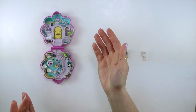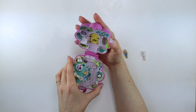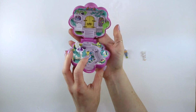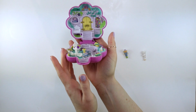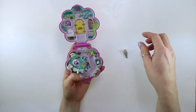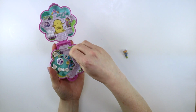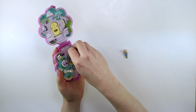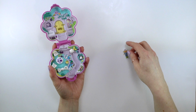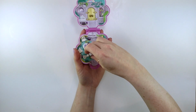It is one of the sets that, like a lot of the classic sets, not all of them, but most of them, are played with at roughly a 90-degree angle. So you have to have the set like this, and then you would be playing with it open in this sort of clamshell view. When you have the statue, of course, you could have the statue anywhere. I think it's funny to put it on this part where it moves to add to some of the mystery of this, but if we put Polly in one of these seats,